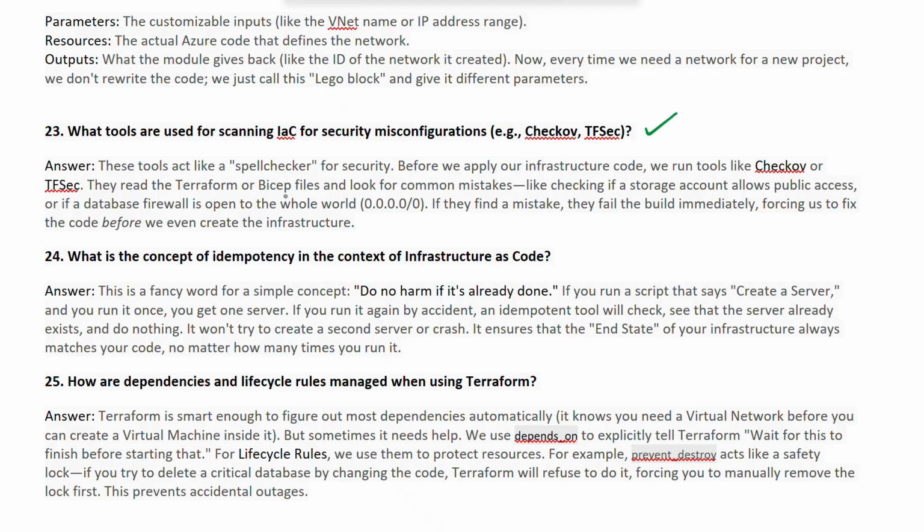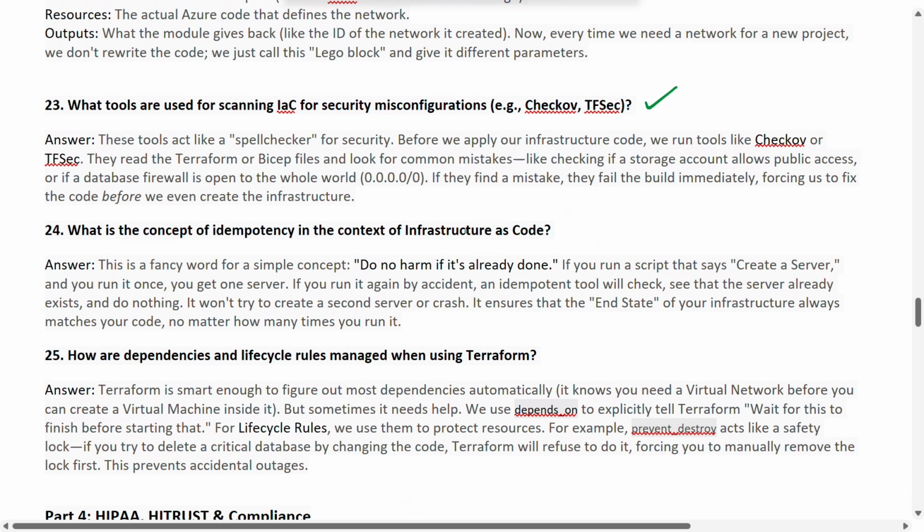They read the Terraform or else Bicep files and look for common mistakes, like checking if the storage account allows public access, or else if the database firewall is open to the whole world. If they find these mistakes, they fail the build and report immediately, forcing us to fix the code before we even create the infrastructure.